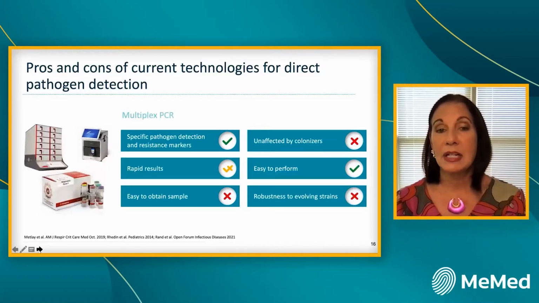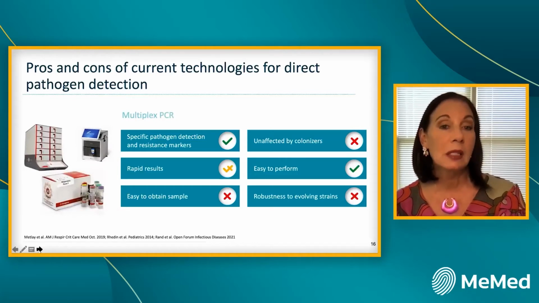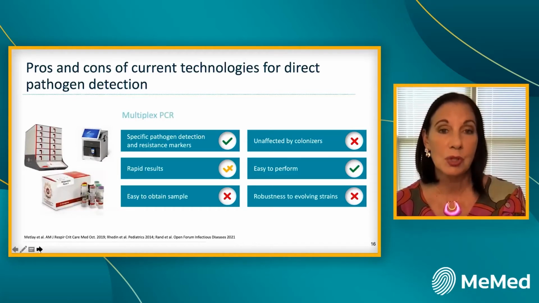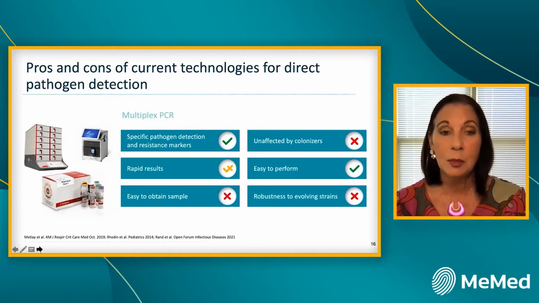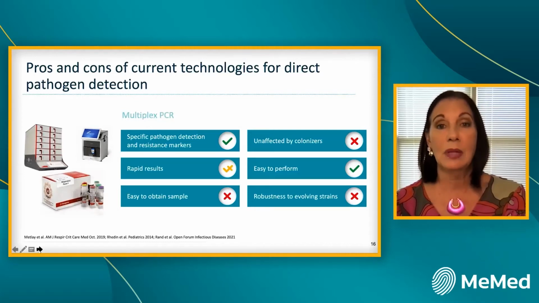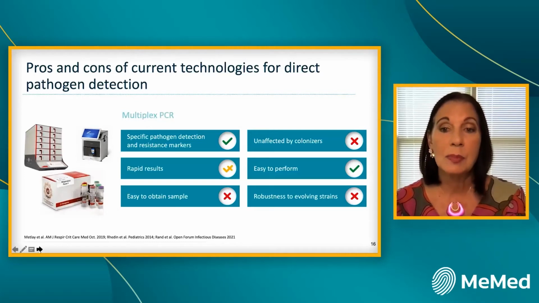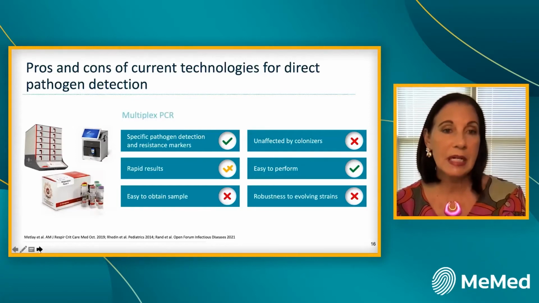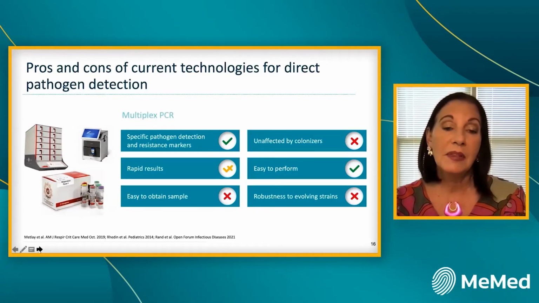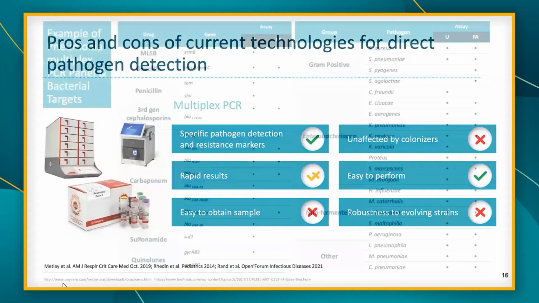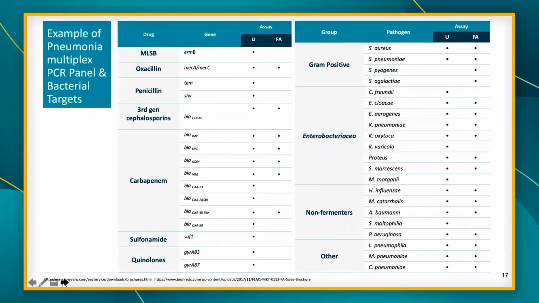Multiplex PCR, again, it can be rapid, assuming the microlab doesn't batch the results, or your microlab is available 24/7 and the microlab is not 7 miles from your hospital. So all of those make the definition of rapid a little variable, but they are very easy to perform, but they do have limitations. So here's one of the new rapid panels for pneumonia, and look at how far we've